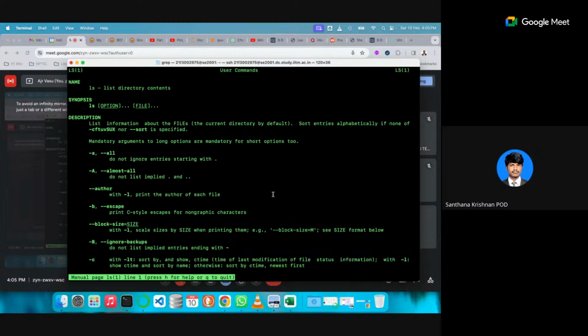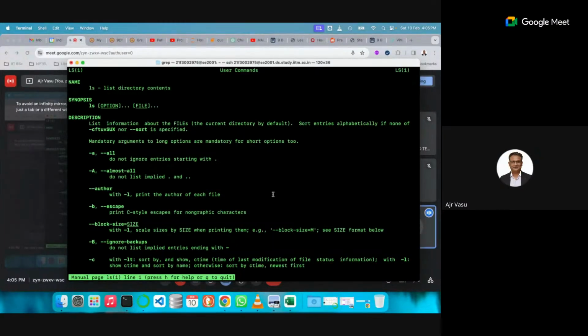Also, you can see the file. It is not mandatory. By default, if I don't give anything, it will take the current working directory. So what is happening is, in ls -l $HOME, that is the first argument, if you don't count the option as an argument. And if you add something like /bla, that is the second argument.